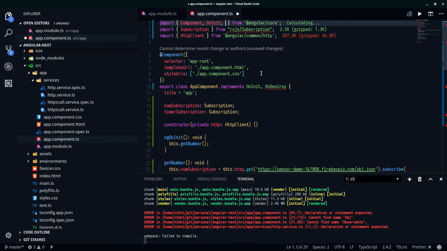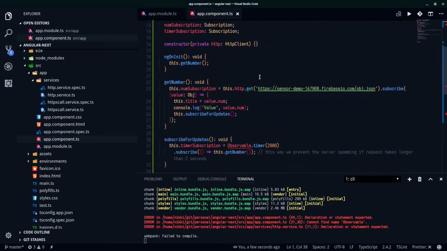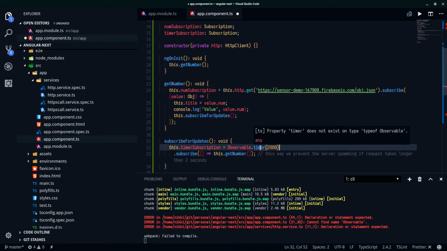With subscriptions, when you do a single page website and you're expecting to leave that particular page, it's good practice to unsubscribe, because otherwise they start leaking if the page is revisited and you have more and more subscriptions generated. So once a person leaves the page, destroy the subscription, or rather unsubscribe. So in here we need to also do OnDestroy and now we're good to go. Are we? No, we also need to import observable. And what is it? Property timer does not exist on... No, it does. Why doesn't it? Yes, it does.